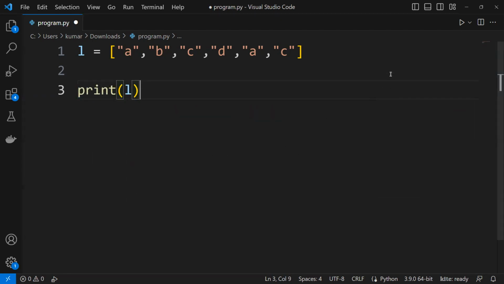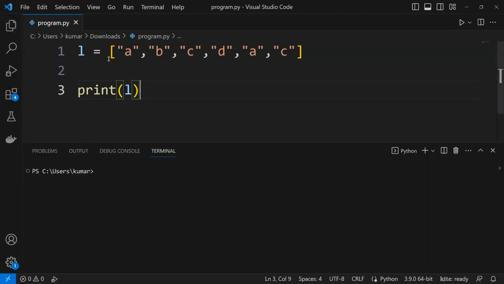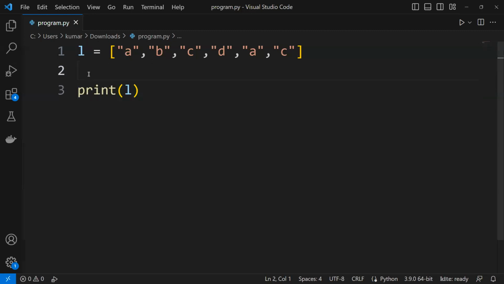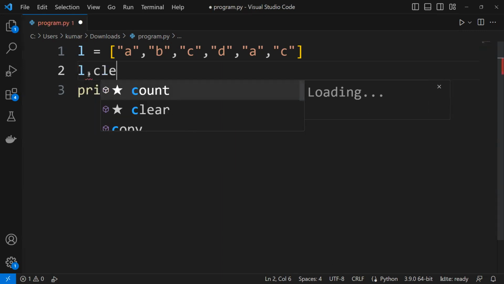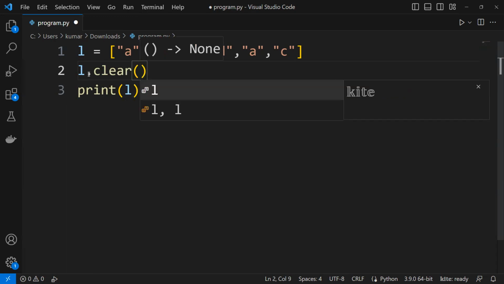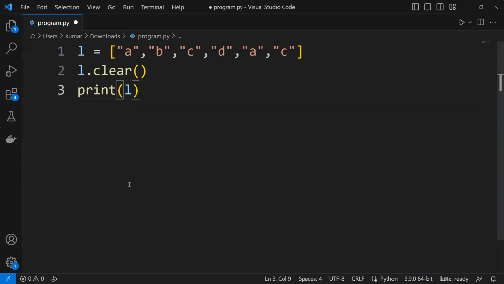we'll get that list of all those elements whatever is present in the list. Okay. So now what I can go ahead and do is, I wanted to clear that. So if I go ahead and put that L dot clear, and then if I go ahead and run this one, so what it will display, basically we wanted to clear